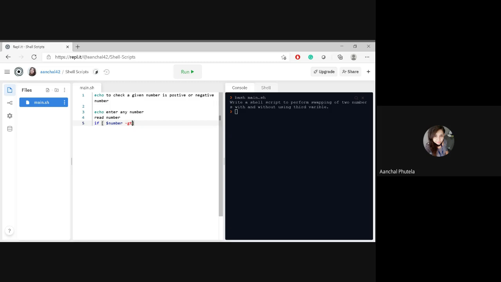GT stands for greater than. What I'm checking here is, if the number is greater than 0, then the number is positive. Then echo number is positive.